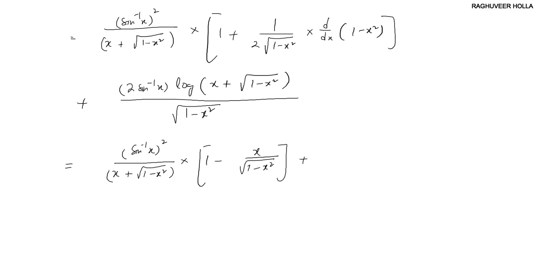now you have the second term, which is 2 sine inverse x, right, and this is a log of (x plus root 1 minus x square), right. So this whole thing divides by square root of 1 minus x square. Okay, yeah, further,